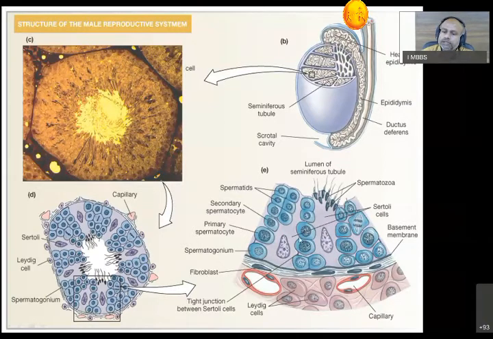The function of the Sertoli cell is provision of nutrition to the various developing stages of spermatogenesis, and secretion of androgen binding protein by these cells. This cell contains a lot of endoplasmic reticulum, Golgi apparatus, and other organelles. It is rich in them, as the main function of this cell is provision of nutrition as well as the secretion of fluid into the lumen of the seminiferous tubule as well as the androgen binding protein.